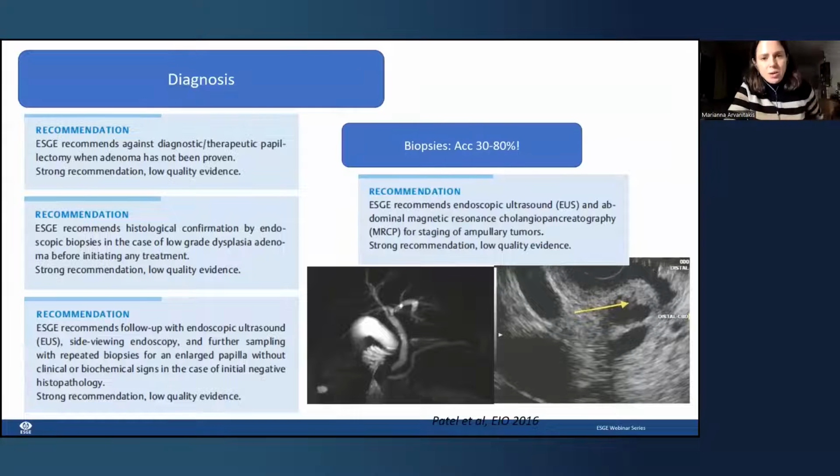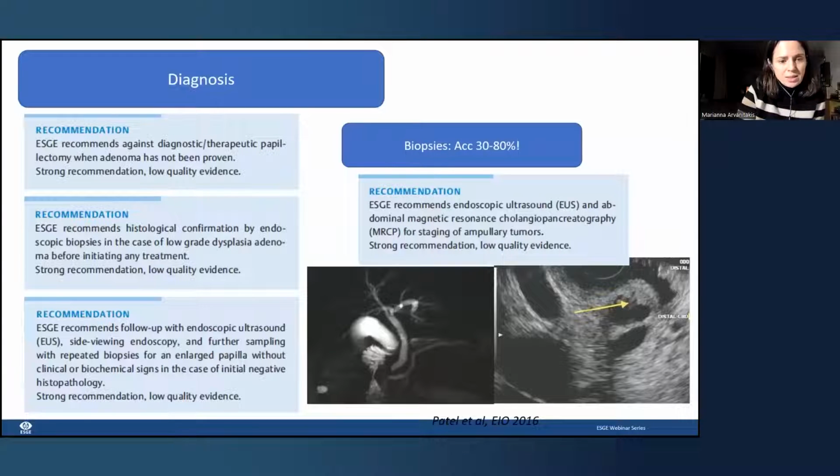Still, we require biopsies, but we know that, as Marc showed also in the Marseille experience, that accuracy is low, and you can have over-evaluation and under-evaluation. But we still recommend against doing a diagnostic therapeutic papillectomy when adenoma has not been proven. And we also recommend histological confirmation in case of a low-grade dysplasia before initiating any treatments. In cases where you're not sure that the lesion has to be resected, we can follow up,